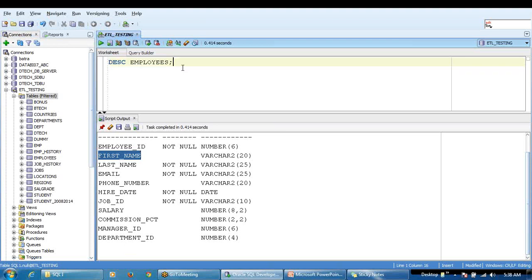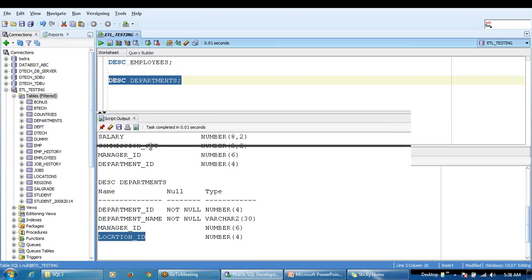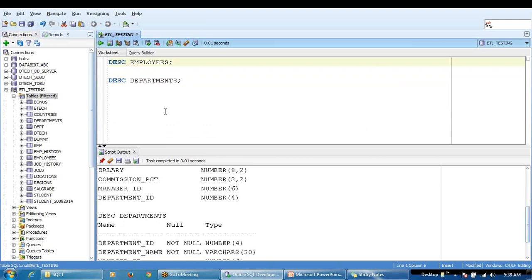So you need to find out the structure of all these tables, because we are going to use these tables extensively for learning SQL select queries. So I would like to identify the structure of this table too. That is your department structure, which has 4 columns: department ID, department name, manager ID, and so on. You need to know all these table and column names so that we can start understanding